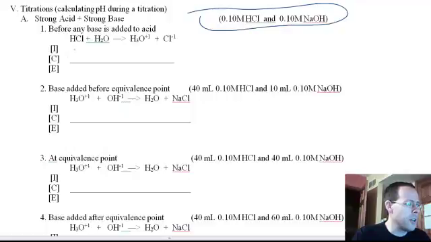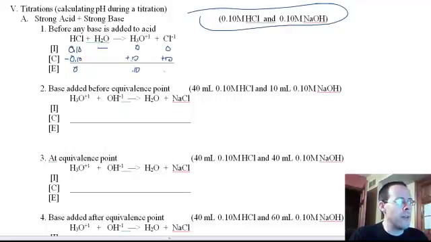So we're going to go ahead and write initially we have 0.1 molar HCl. Our liquid water doesn't matter because it's liquid and we're only concerned about aqueous things. And originally we have 0 hydronium and 0 chloride. And because it's a strong acid, it's going to essentially completely dissociate. So we're going to say all of this dissociates. So our X really equals 0.1. And these are both plus X and plus X. So these become positive 0.1 and positive 0.1. So at equilibrium we have no HCl as a compound together, but we do have 0.1 molar hydronium and